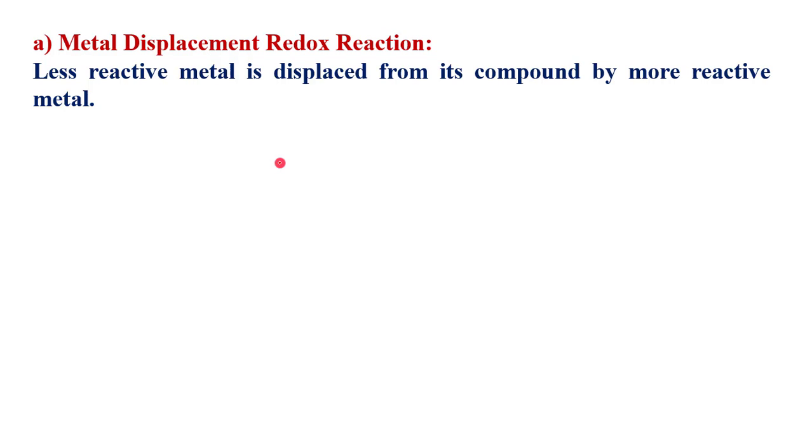Let's see metal displacement redox reaction. In this type, a less reactive metal is displaced from its compound by